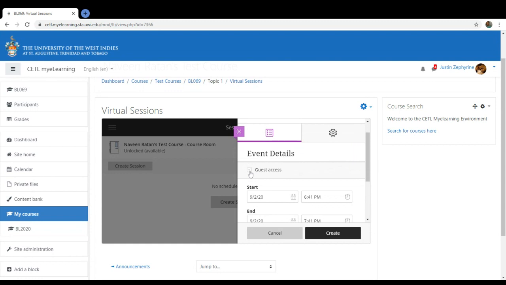Once you have that, I'm going to go a little further down and click guest access. Guest access will really be if I need to copy and paste the link manually. It's not mandatory. You don't have to copy the link. I'm just saying, if you have someone, let's say external to my, for example,